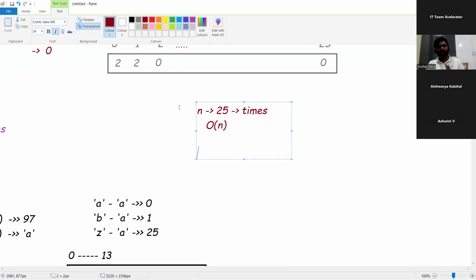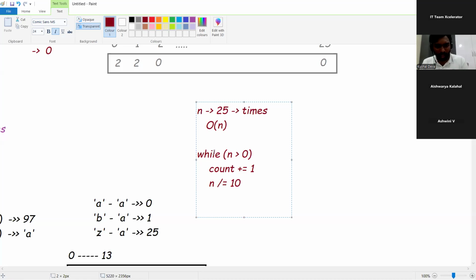Basically, I would say when there is multiplication or division, mostly log comes in, guys. So let's say, if you remember, we worked on this program where you find the number of digits, correct? What you try to do over there is, you have the while n greater than 0, you increment count by 1. And then what do you do? You divide your number by 10, right? So here comes the picture of log.